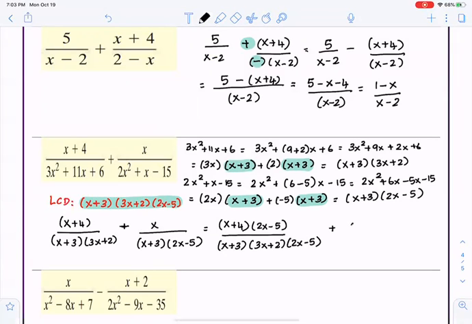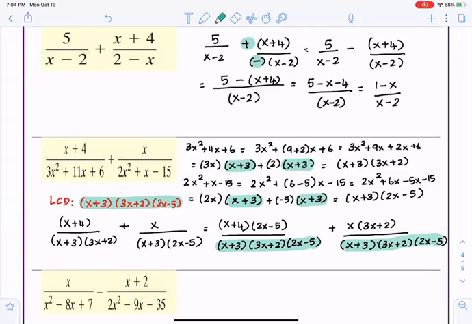I'm going to multiply and divide by 3x plus 2 with the second fraction, or rational expression. And now you can notice that I have the common denominator that I was looking for. So since we have a common denominator, running out of space,